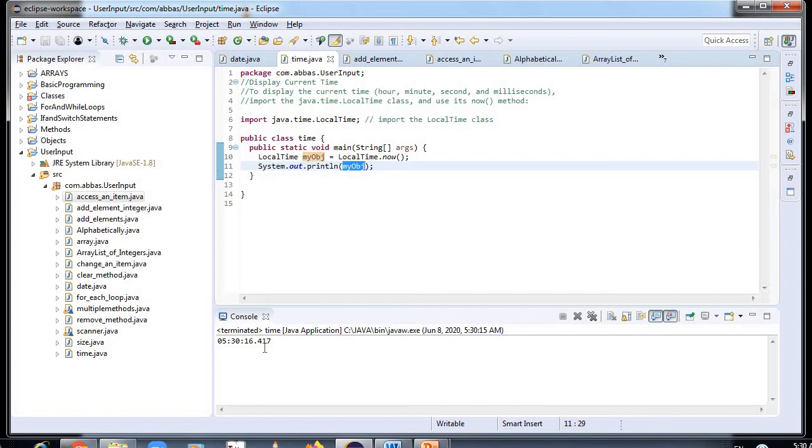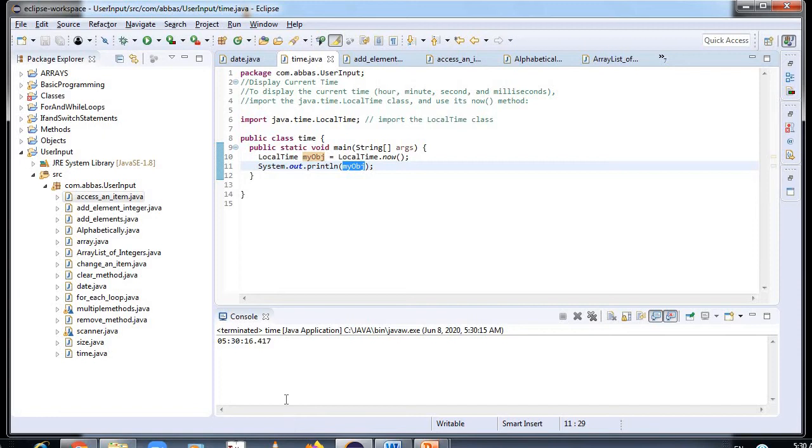Now the other program that we are doing is ArrayList. First we will understand what an ArrayList is. The ArrayList class is a resizable array which can be found in the java.util package. The difference between a built-in array and the ArrayList in Java is that the size of an array cannot be modified. If you want to add or remove elements from an array, you have to create a new one. Whereas elements can be added and removed from an ArrayList whenever you require. The syntax is slightly different.